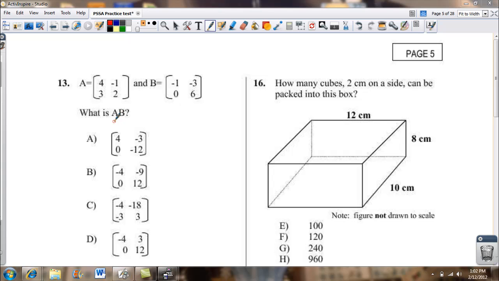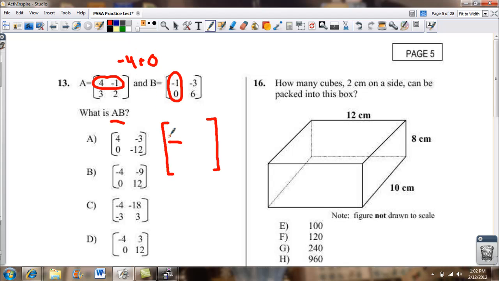Okay, question number 13, we're going to be multiplying two matrices. The main thing you have to remember with multiplying two matrices together is that it's not a simple matter of multiplying corresponding entries. What we're going to do is to find the first entry that's located in the first row, first column, we are going to multiply 4 times -1 and add -1 times 0, which is 0, add them together and